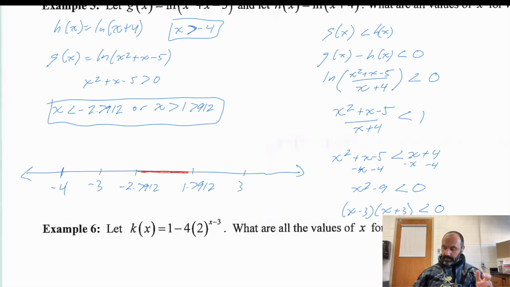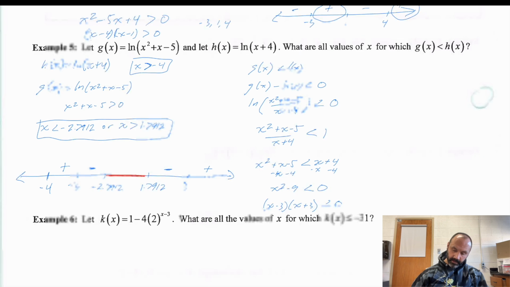So if I plug in something like negative 3.5, then both of these end up being negative, and so I get an overall positive value here. And then it's negative here. And then in this region, this is negative as well, and then positive after that. And so I'm looking for the places where this is less than 0,